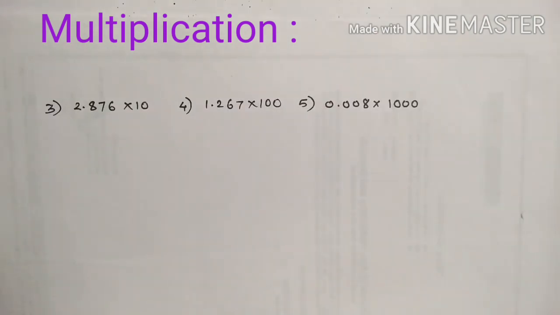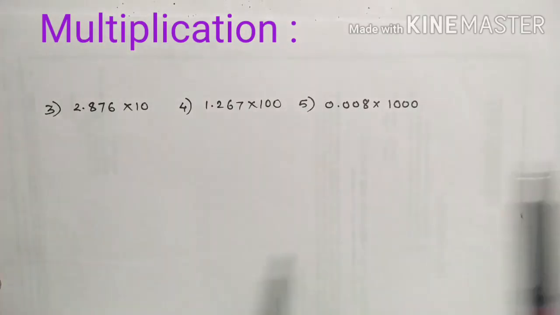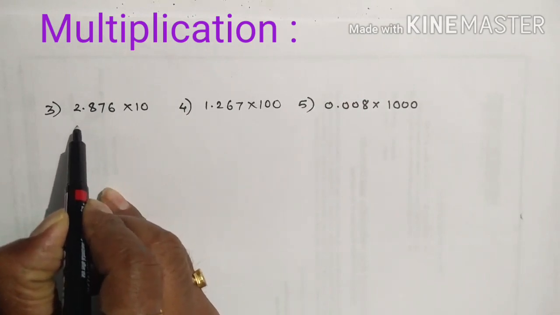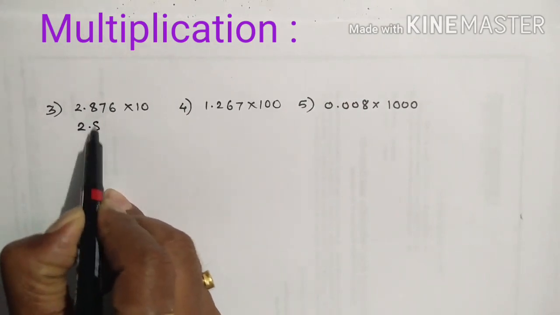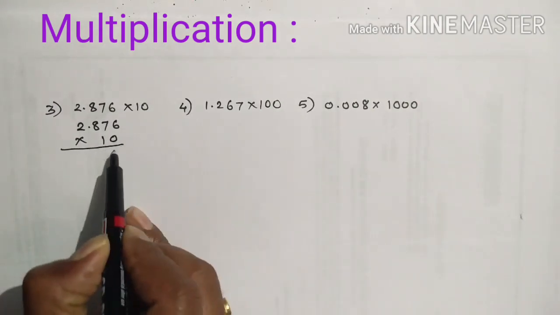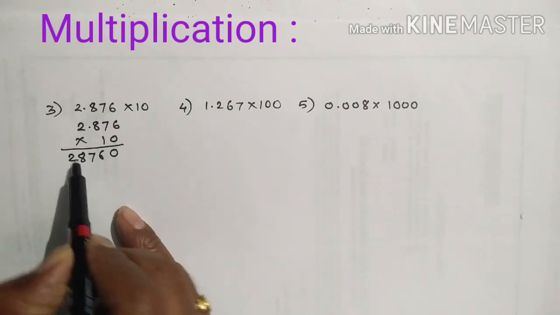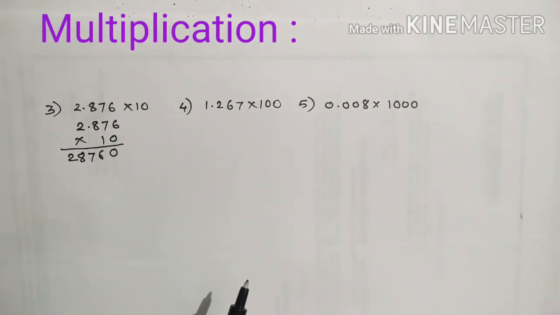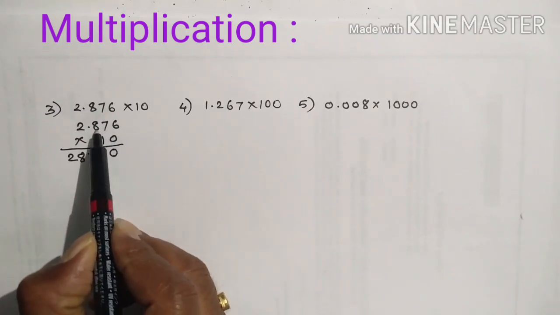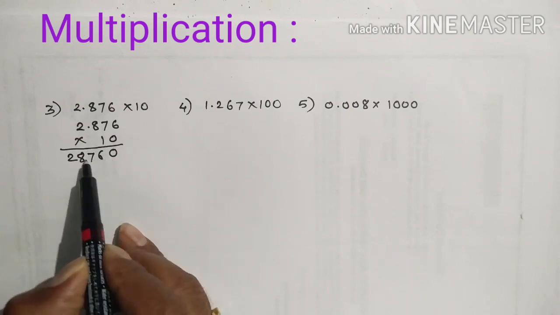Now let us discuss how to multiply a decimal number by 10, 100 and 1000, which means any power of 10. Before taking the shortcut, I want to explain one thing: if we multiply any number by 10, we just have to append a 0 to the number. Like this it will be the product. So count the number of decimal places, 1, 2 and 3. So the decimal point would be after 3 digits.